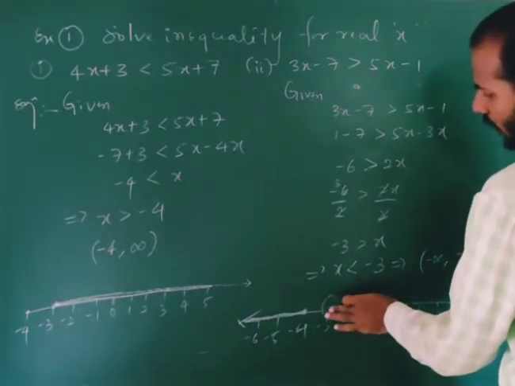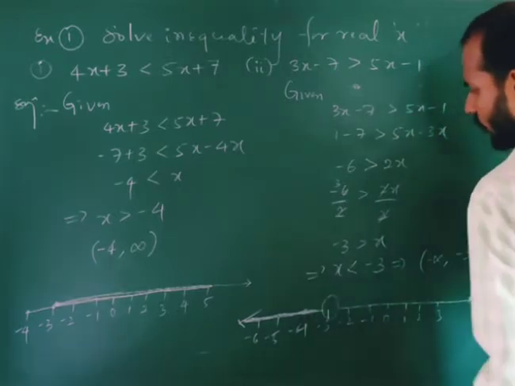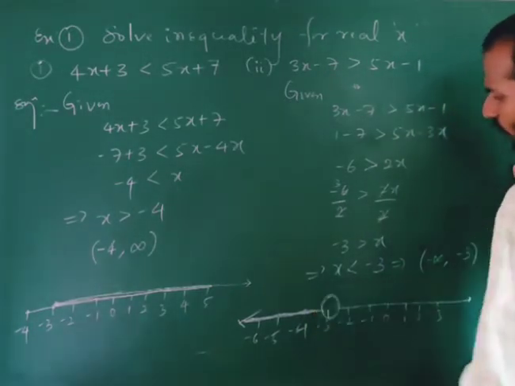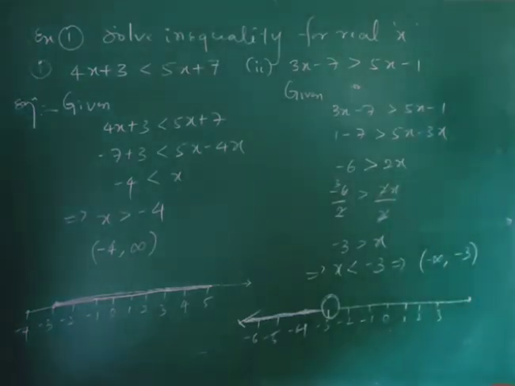So similarly we can write this also. We can write an empty circle like this, from this region onwards. That is an open circle, that is an empty circle. What it shows is an open interval, which excludes the point minus 3, right? Similarly, we can solve some other examples also.